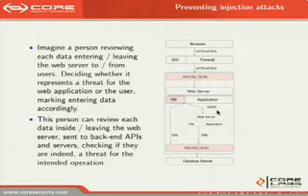Imagine if a person reviews all the data entering a web application or leaving the web server, deciding whether the data is dangerous or not for its output or for entering the web application. And when the data enters the web application, he marks it as dangerous because it's being provided by an untrusted source. We can also locate this person on